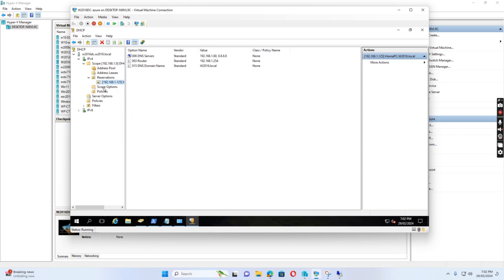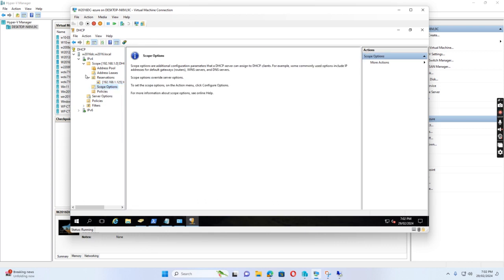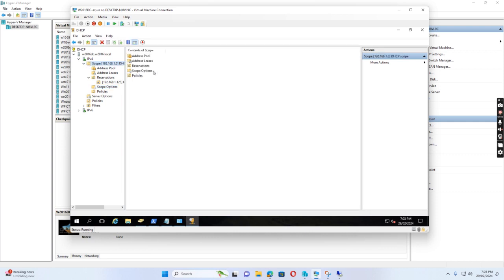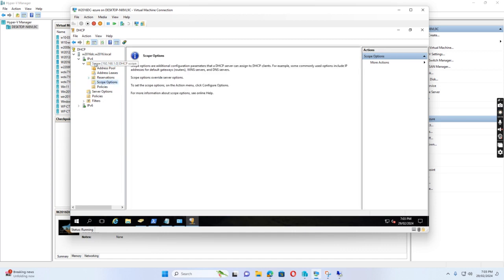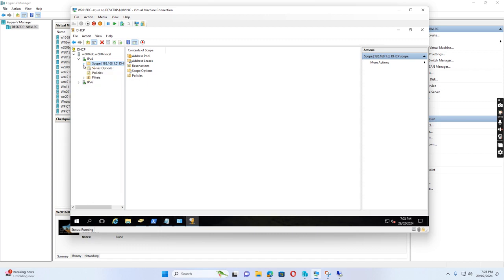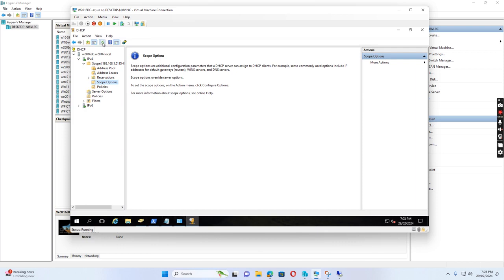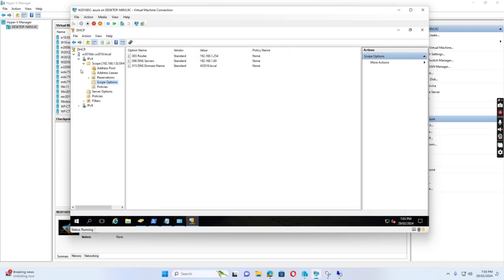But for the other computers, they are still using this from here. They are still using the scope options, if I go there and just refresh. Because this scope has already set up the default gateway, like a router, and also the DNS server, which is 192.168.1.60. So let's see what happened, because we have set up a reservation for this HOME-PC to add an additional DNS